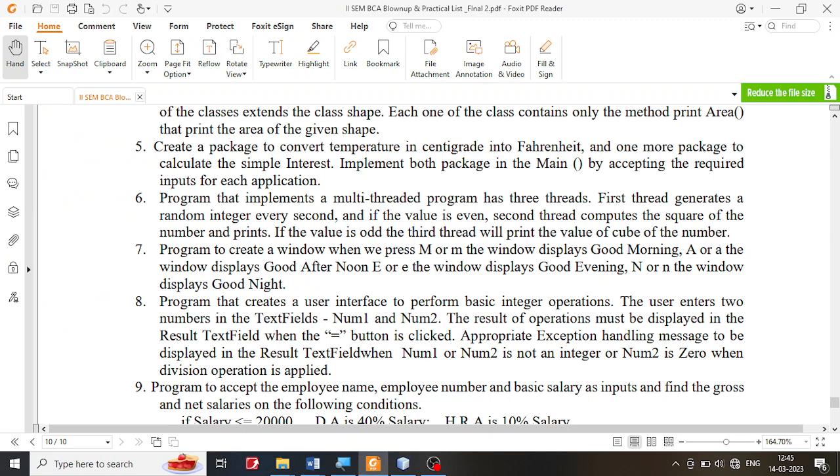We are supposed to create 3 threads over here. The first thread will generate a random number. The second thread will generate the square, and the third thread will generate the cube. I'm going to start with the creation of the second thread, that is square, and then I will create the next thread, cube, and finally I'm going to create the first thread,